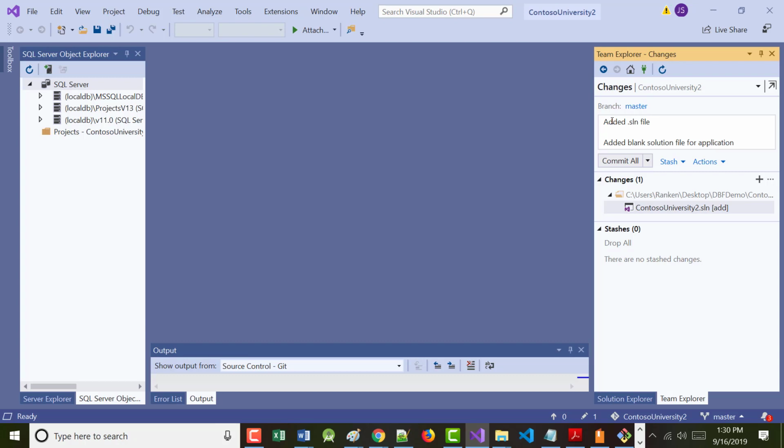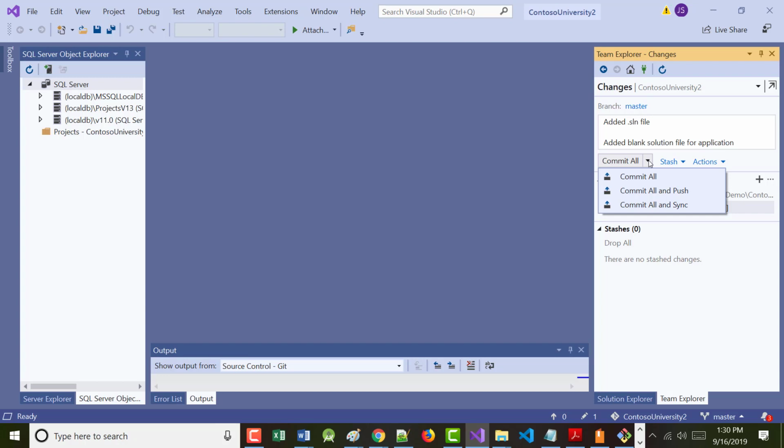All right? And now it's asking me, what do I want to do here? Well, if you look, I've got some actions here. Now, I don't want to do any of them. But if I click under this commit all, notice what it says. There's 3 things that I can do. They're all different. All right?